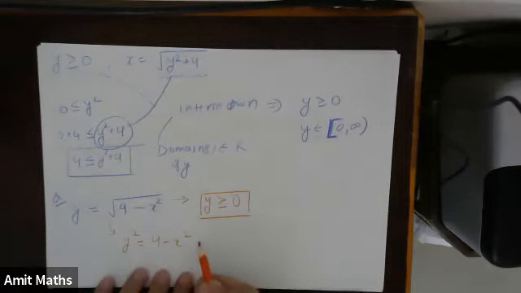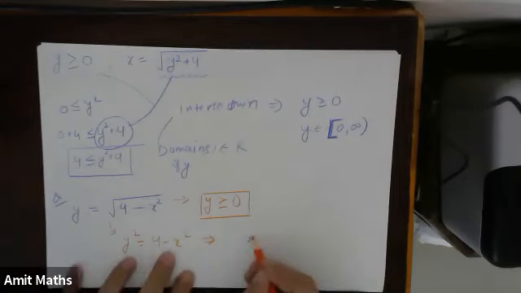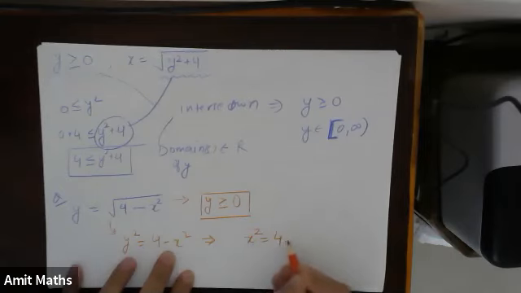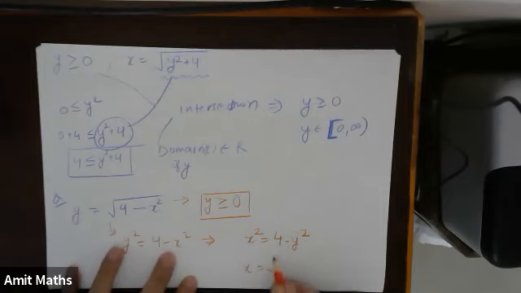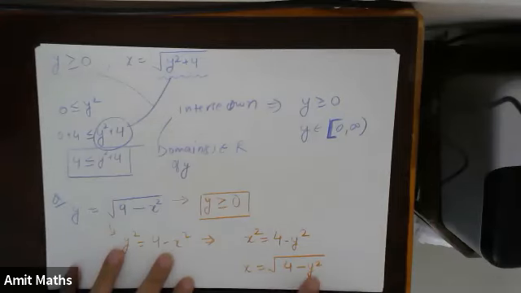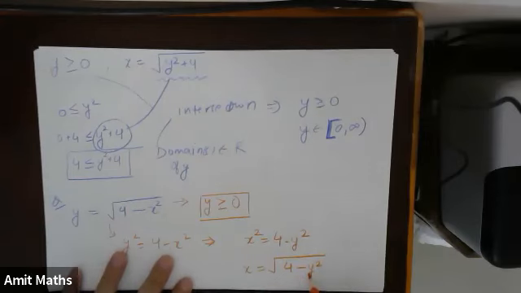Now I will try to write x in terms of y. So I will take x this side and y this side. This will become x square is equal to 4 minus y square. And then I will take the root. So x is equal to under root of 4 minus y square. Now the final function, x in terms of y, becomes this. The initial function was this. Now the function of which we have to find the domain, in terms of y, becomes something like this. We'll solve this.